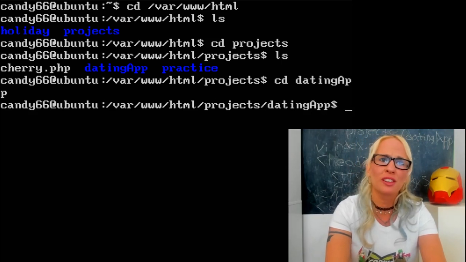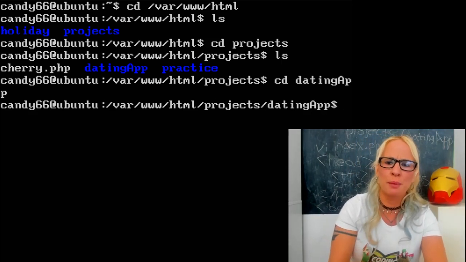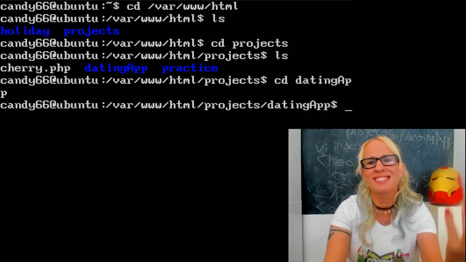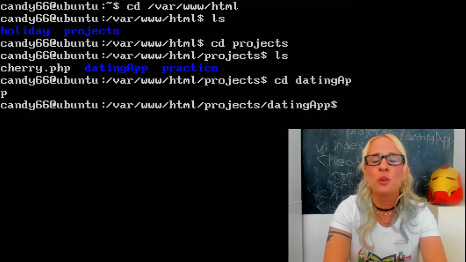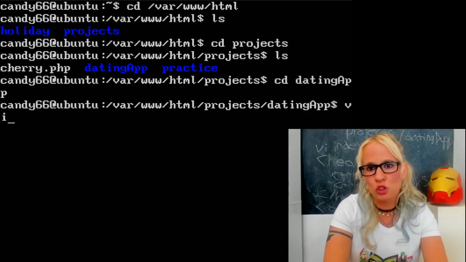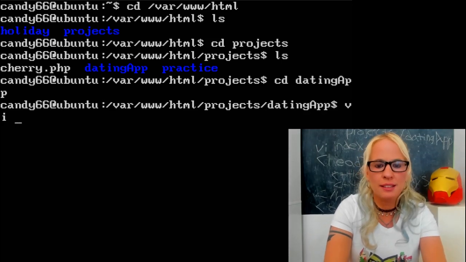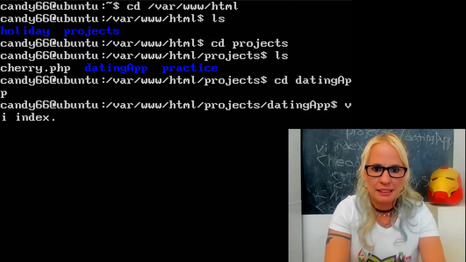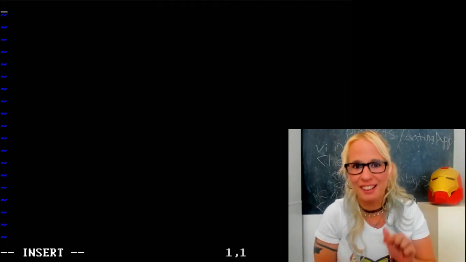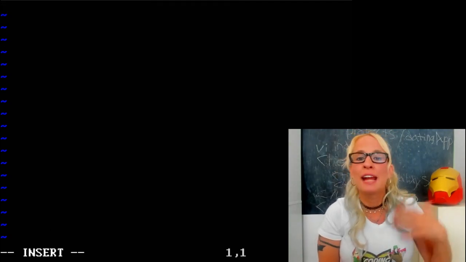Actually, I could have named it index.html. After I made the video, I realized in that file there's not really going to be any PHP. We're going to do a separate PHP file. But I'm just going to stick with index.php. If you want, you can change it to index.html. Your choice. I use the Vi text editor, so I'm going to do vi space index.php. Once you get into Vi, you press i to go into insert mode, and you'll press escape to get